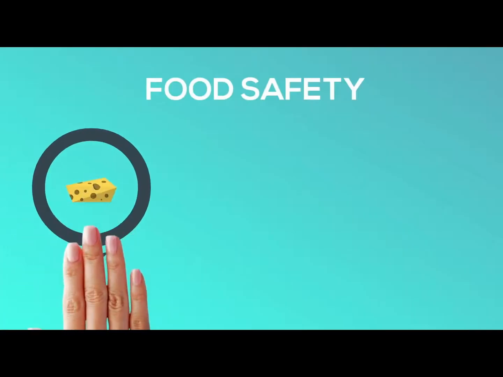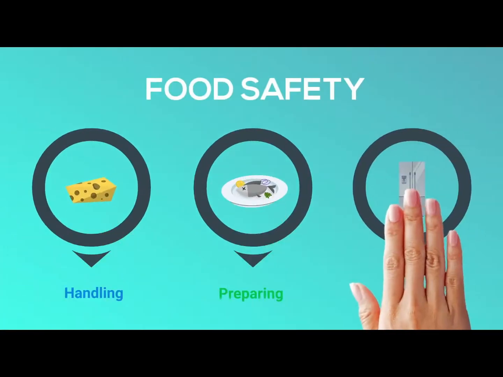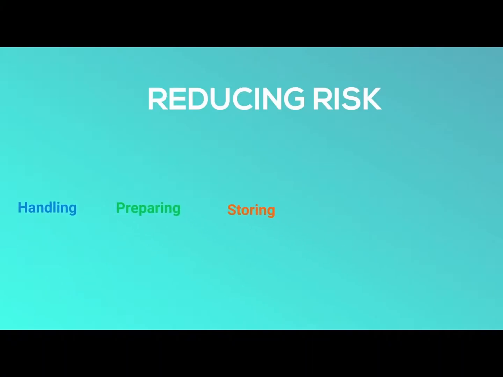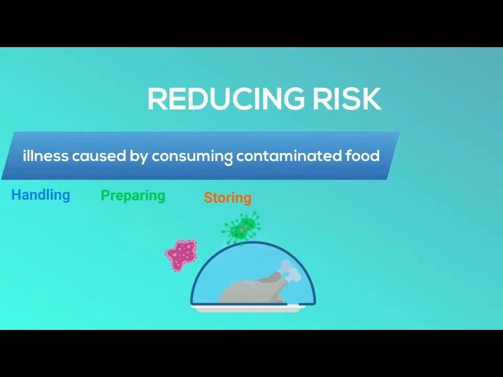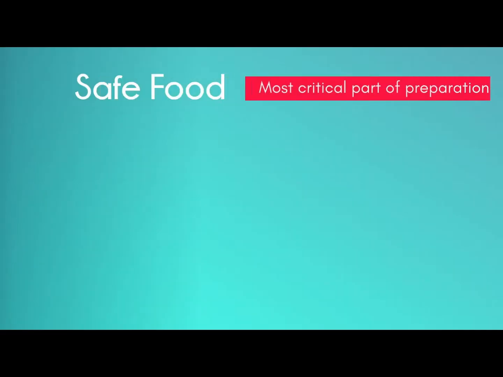Food safety can be defined as handling, preparing, and storing foods or drink in a way that best reduces the risk of consumers becoming sick from foodborne disease. The principles of food safety aim to prevent food from becoming contaminated and causing food poisoning. With this in mind, ensuring that food is safe for human consumption is likely the most critical part of the